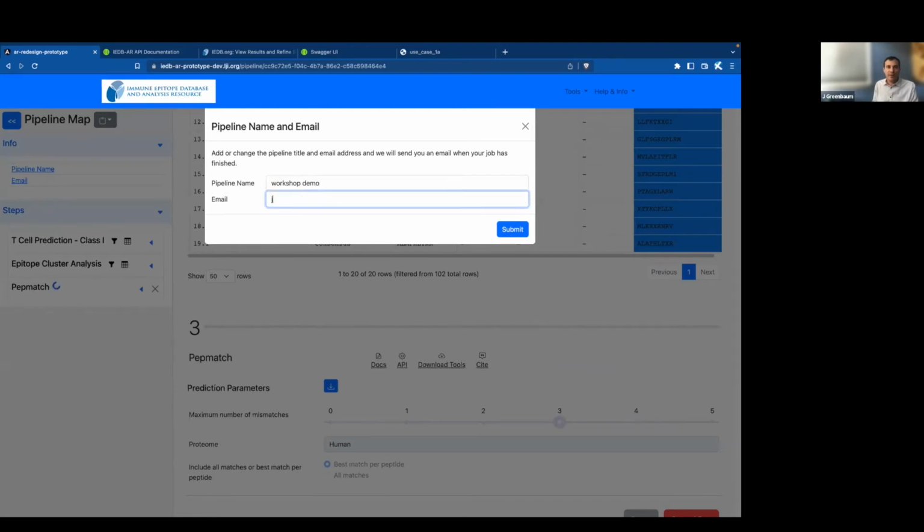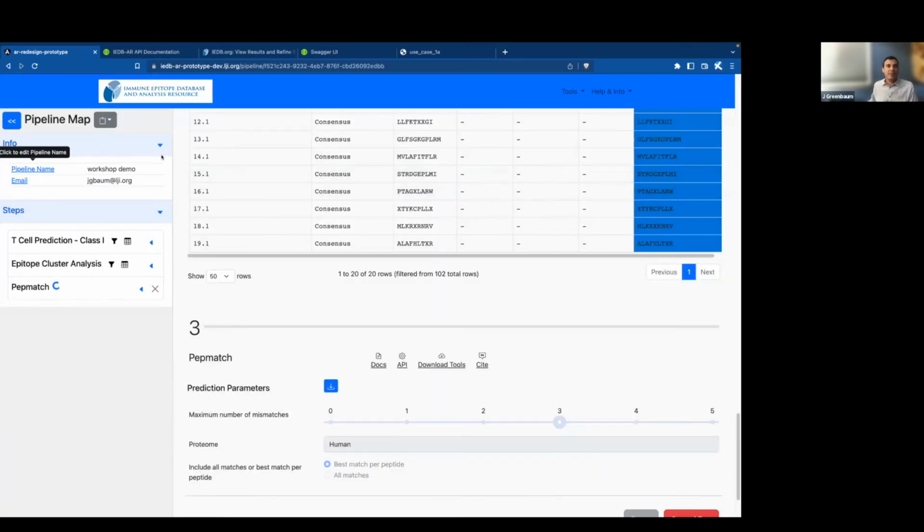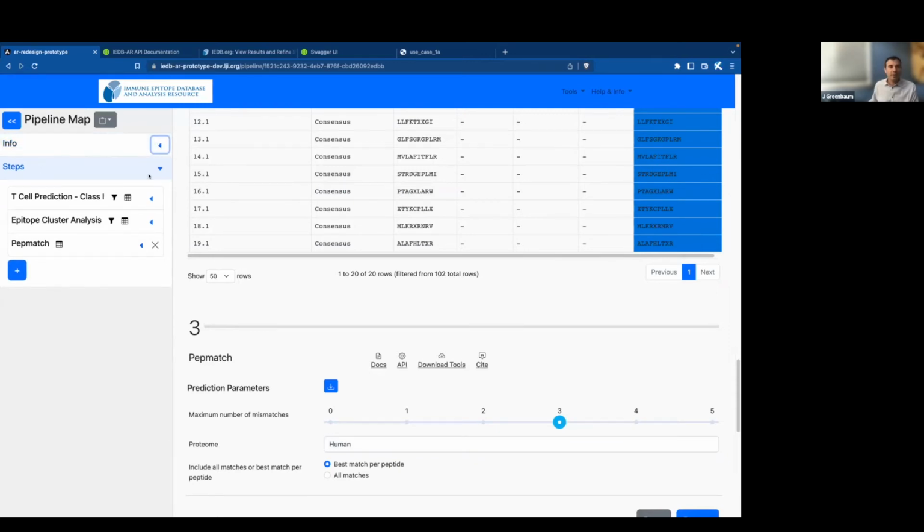You can put your email in there. And what that does is it will then send you an email as each step completes and give you a link to return back to the pipeline. So it looks like PepMatch finished, but let's continue looking through